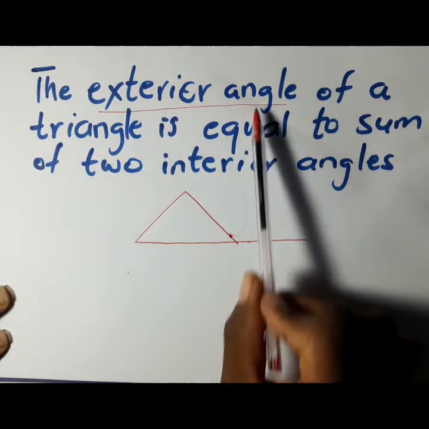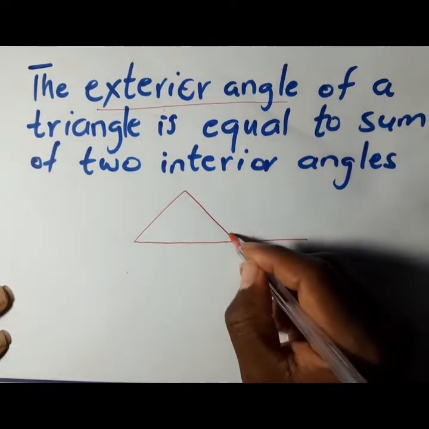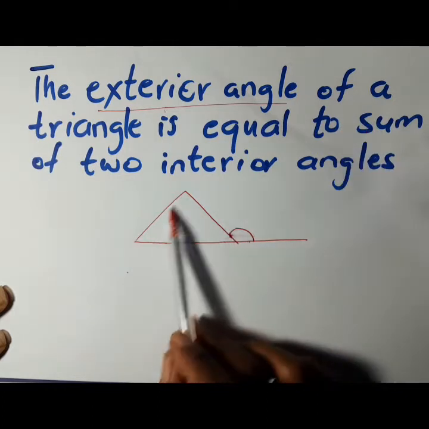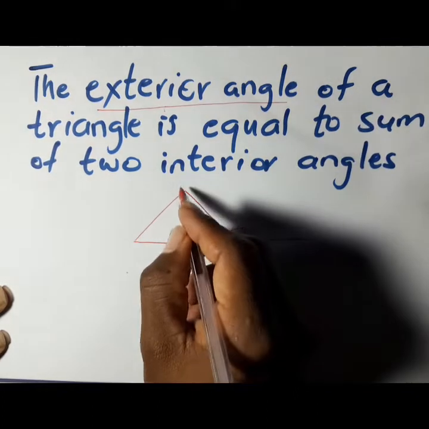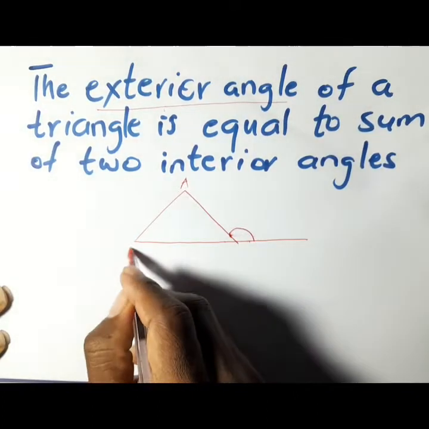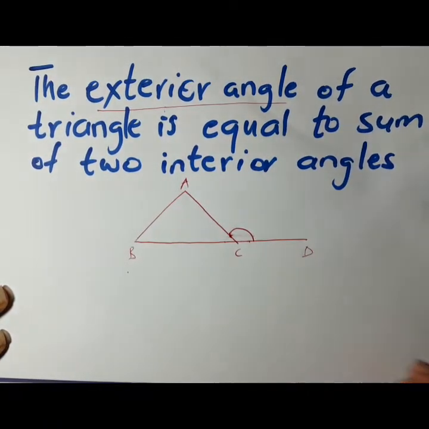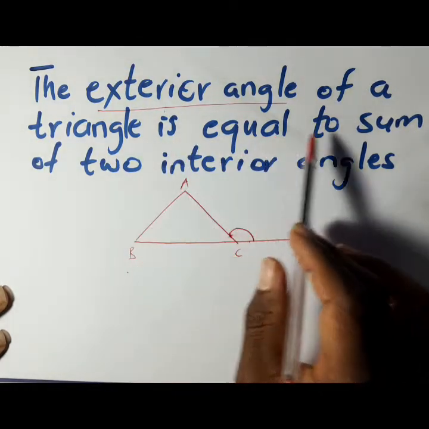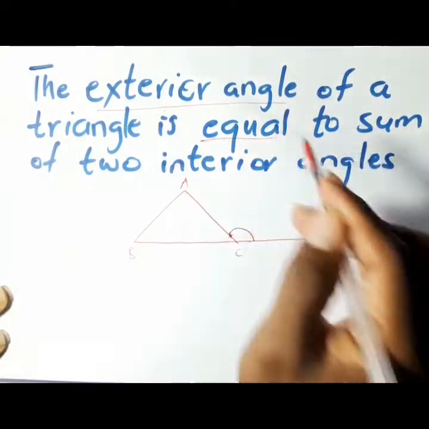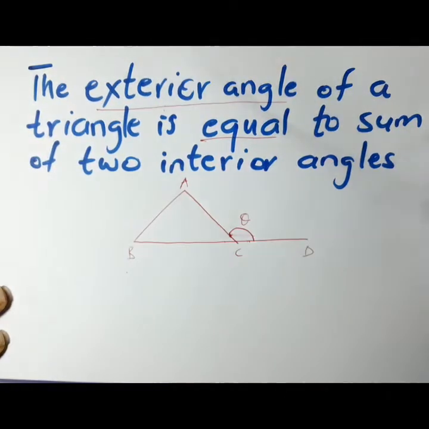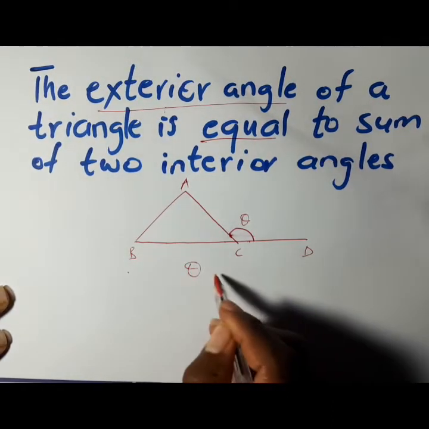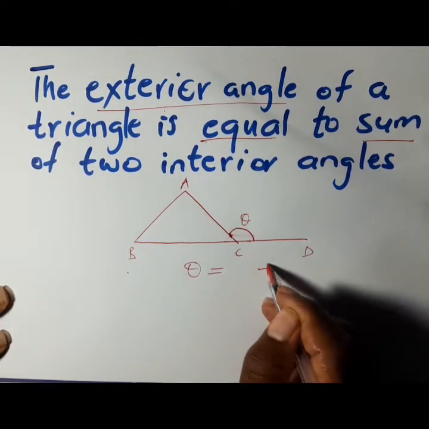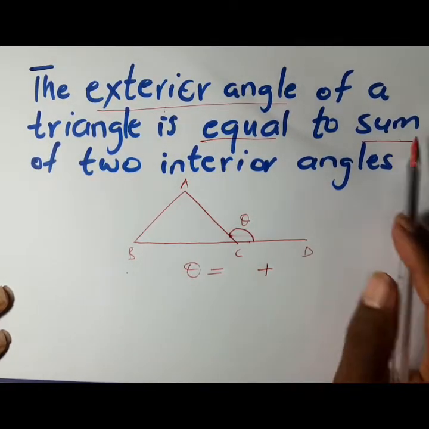So the exterior angle, so here's the exterior angle. I'll call it an angle of a triangle. Obviously, this is a triangle. So we'll name it A, B, C, D. So the exterior angle of a triangle is equal to... let's put this to be theta. So we say theta is equal to the sum, so it's an addition, which is the sum of